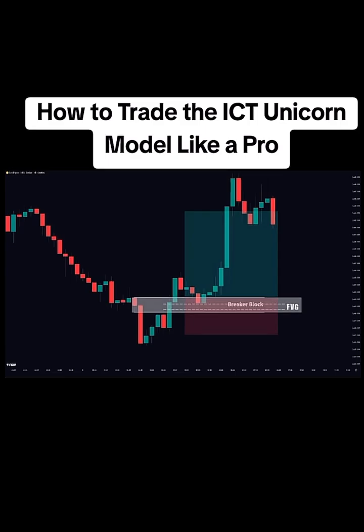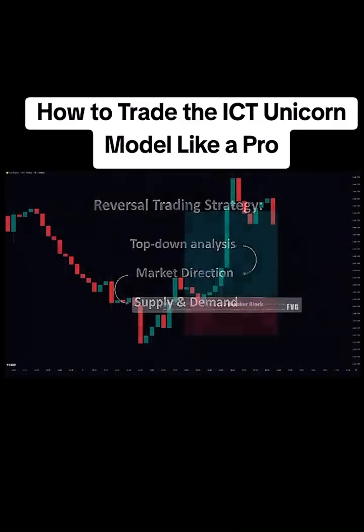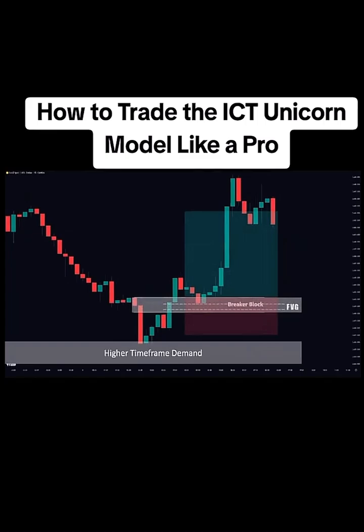Now that we've mentioned this trade entry as part of a trend reversal strategy, it's crucial to emphasize the importance of combining multiple time frames and price action factors for better results. This includes using concepts like top-down analysis, identifying market trends, and incorporating higher time frame supply and demand zones into your analysis. For example, in our gold trade scenario, imagine the market has tapped into a higher time frame demand